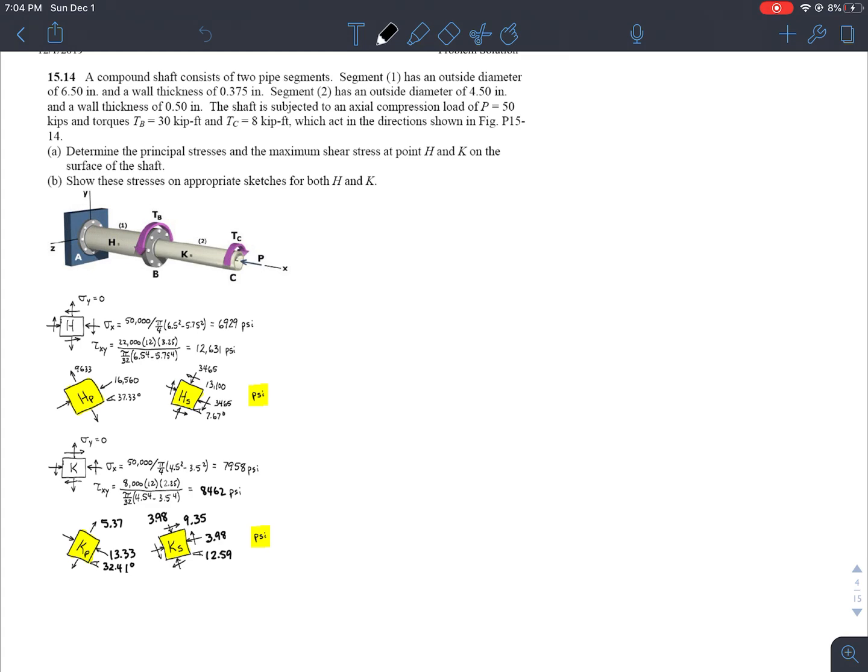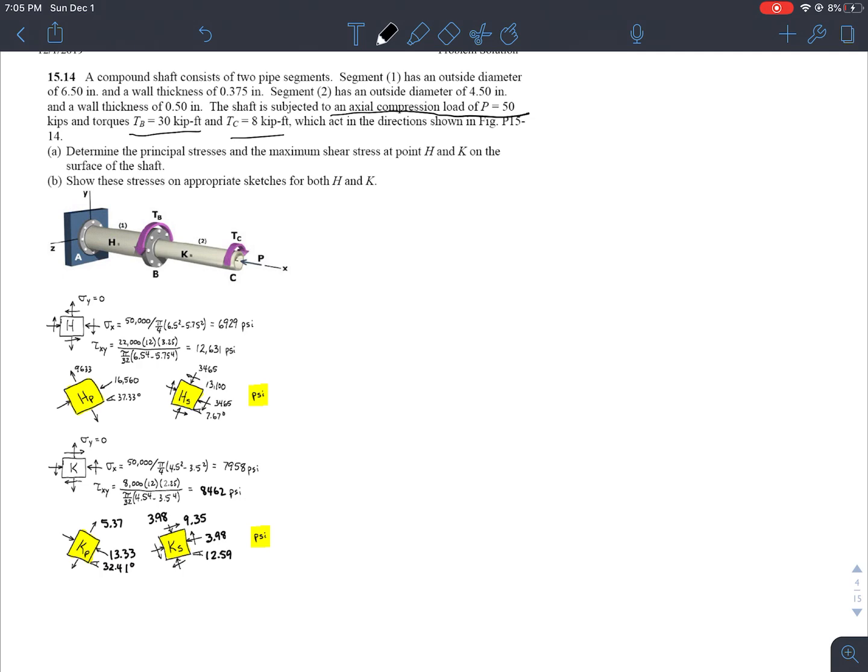Okay, so here I have a compound shaft consisting of two pipe segments. Segment 1 has an outside diameter 6.5 inch and a wall thickness 0.375. Segment 2 has outside diameter 4.5 and a wall thickness 0.5. The shaft is subjected to axial compression load, okay? So you should pay attention here. I have axial compression load, all right? And a torque TB at point B and torque TC at point C here, which act in the direction shown